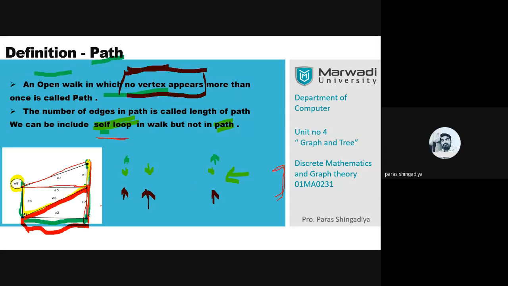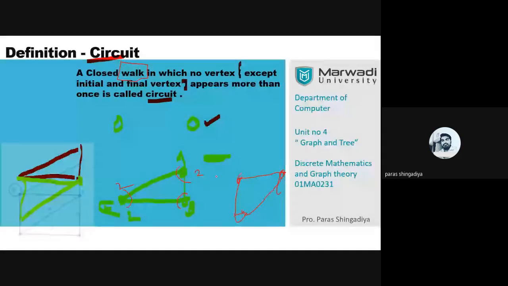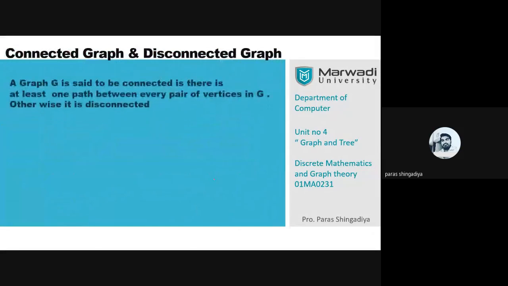Clear? And check that this includes vertices and edge names, and write 1 or 2 examples of a walk, and write one example which is not a walk. Clear? Similarly, use the same graph and write one path and circuit. So that is the way questions will be asked from this part. Clear? Okay, write a definition of walk, path and circuit with its counter example. So that is important for us.